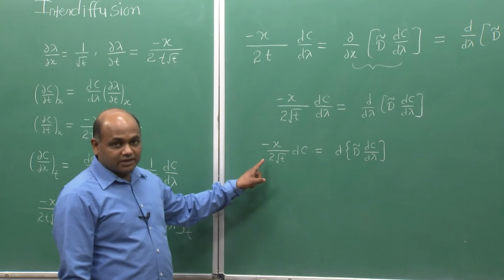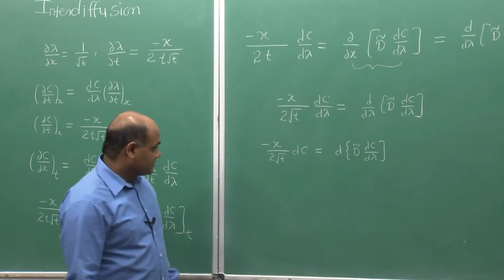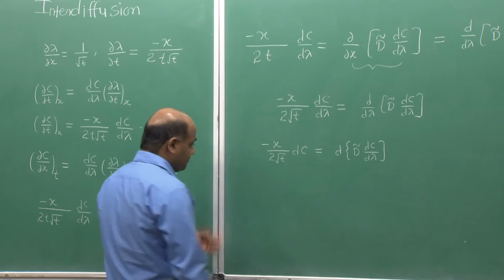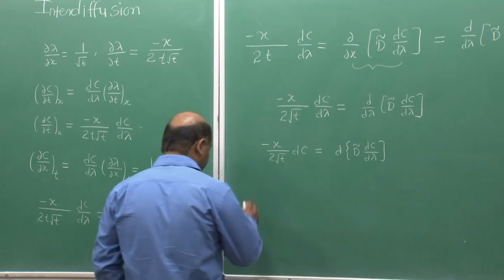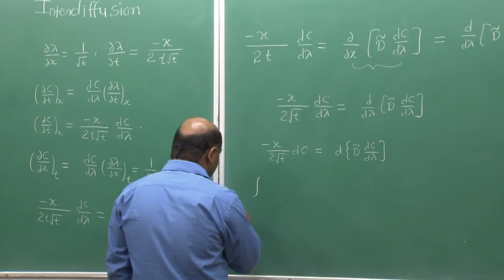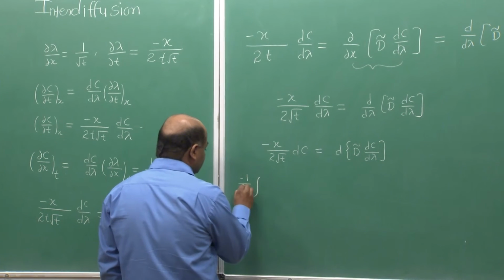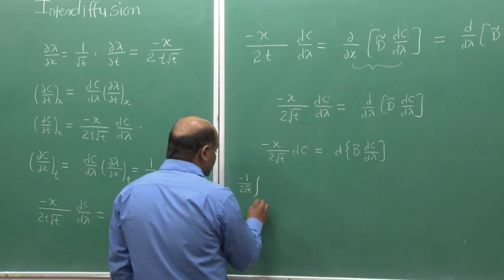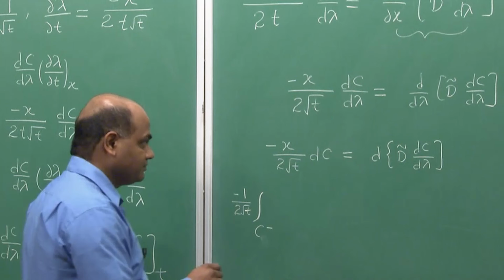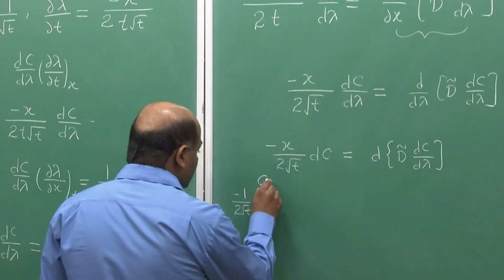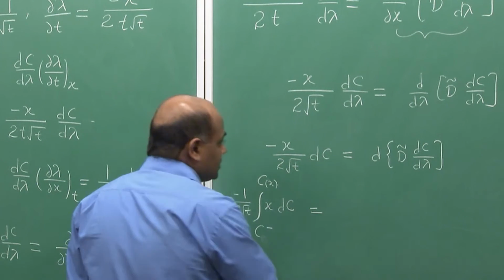For the fixed diffusion annealing time, if we integrate both sides from the left terminal to the desired x, we can write, since t is fixed, we can take this out, minus 1 by 2 root t integral from c minus infinity to c at desired x of x dc should be equal to,